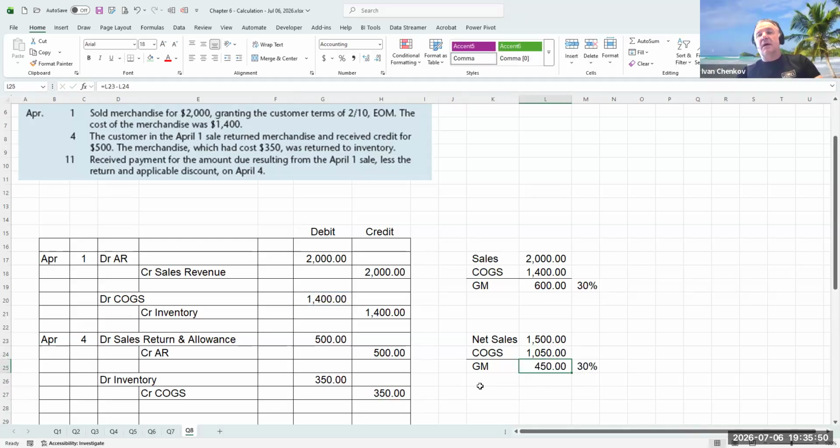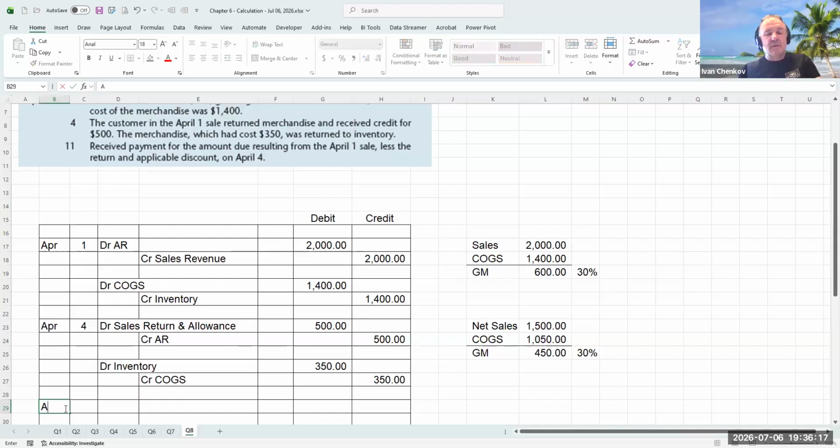And as you can see, after the return, we're still achieving 30% gross margin, but now our sales reduced by $500 and cost of goods sold reduced by $350. Our gross margin went to $450, but we're still at 30% gross margin. Now, the last thing that's going to happen is on April 11,